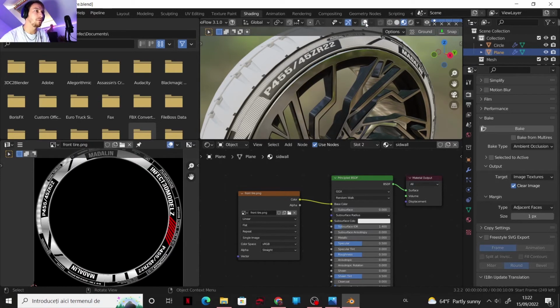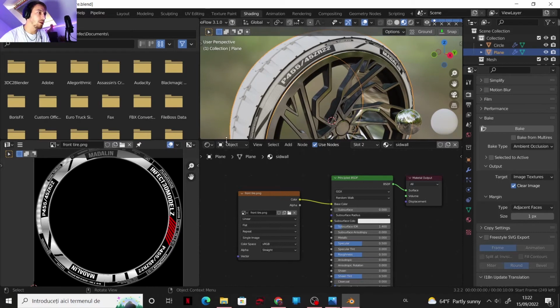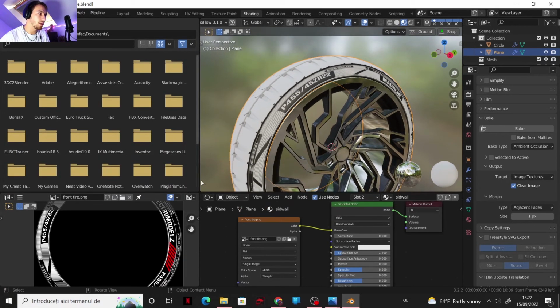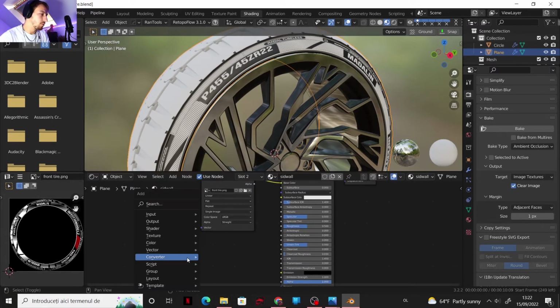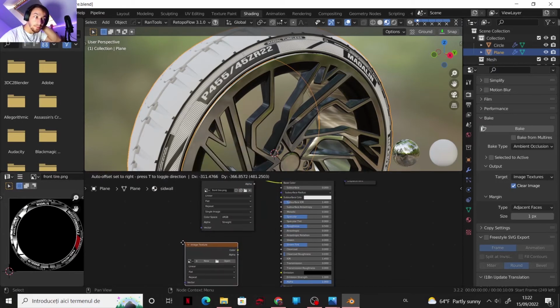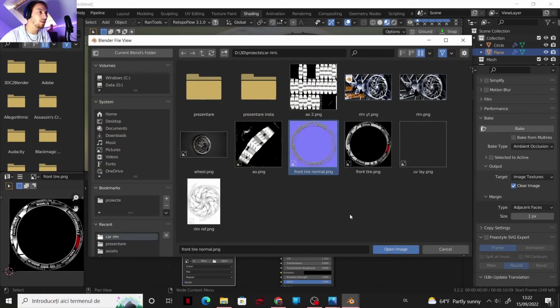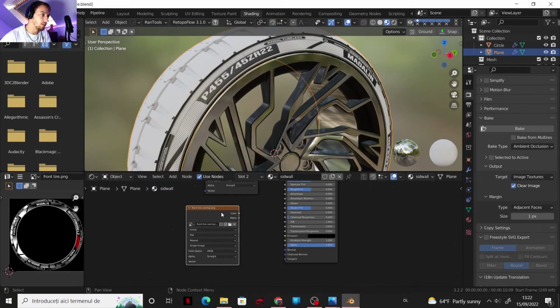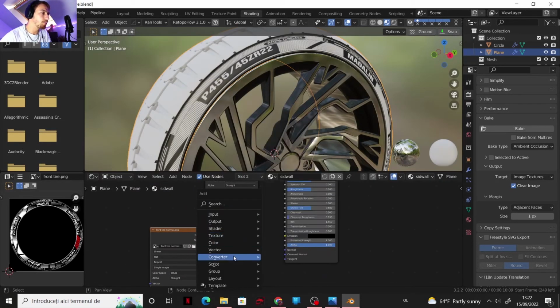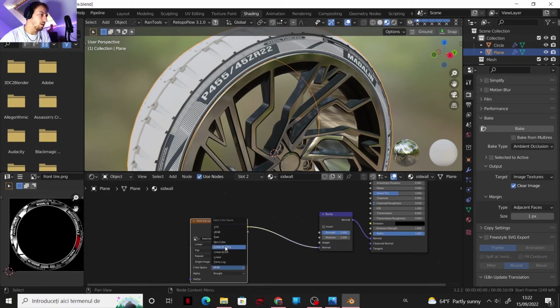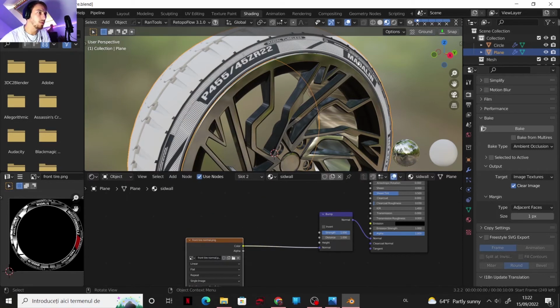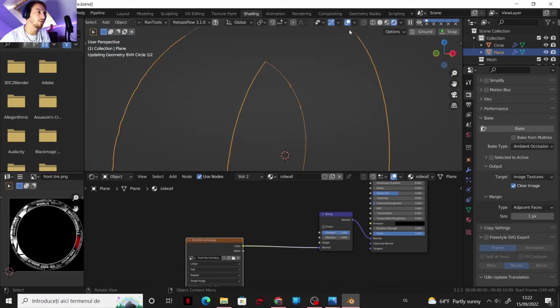So now that everything is matching up perfectly, I can get the viewport bigger. I'm going to bring another image texture, and this one is going to be the normal of the tire. Okay, so let's see. Vector bump map. We are going to need a bump map. That's going to be the normal. I'm going to set the color space to non-color. And now let's take a look. If I render,